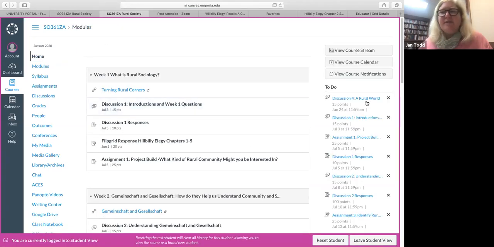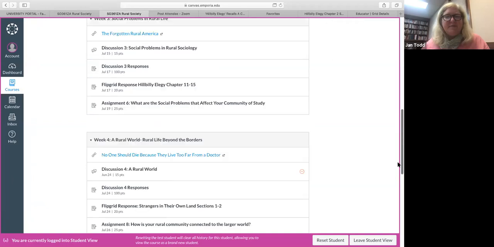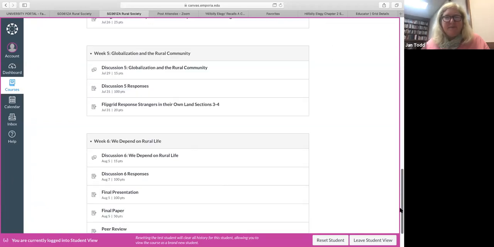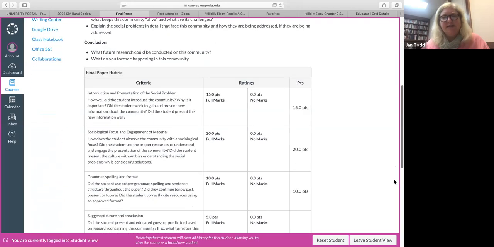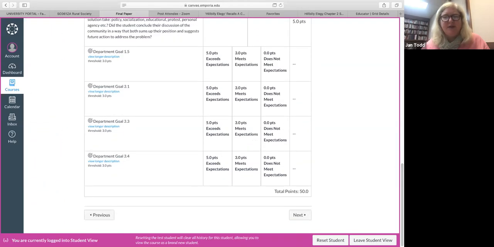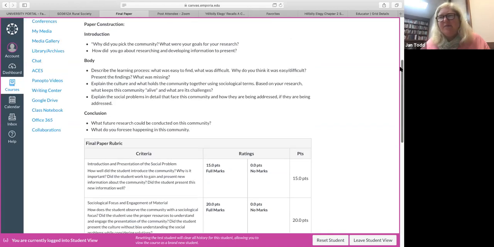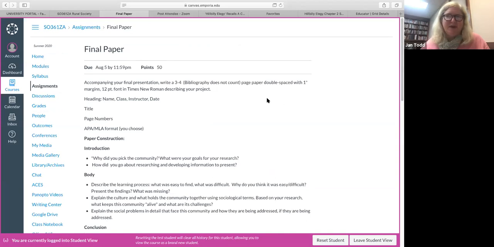The other thing I wanted to lift up on your final presentation is that there will be a little paper. This is your place to find what I'm expecting on your paper. Very simple, nothing huge, with a nice rubric that helps you understand what I'm looking for. And then finally, a peer review: when we're done with our projects, you will at least peer review one other. But if you do others, I will give so many points for peer reviews, and that will help your final grade as well.